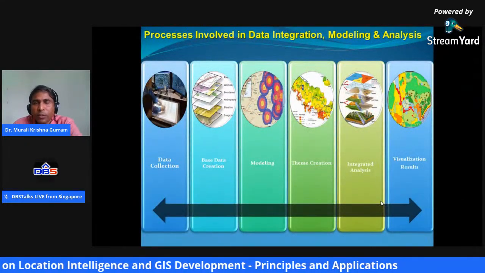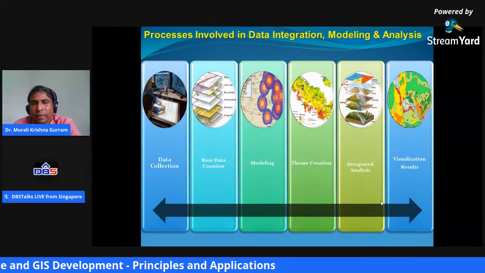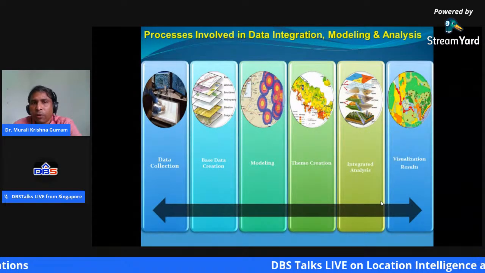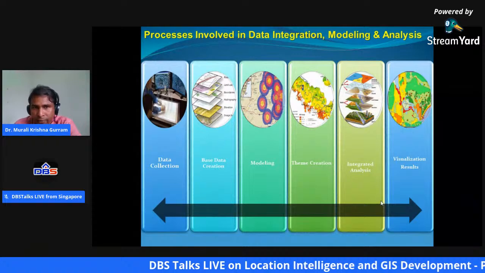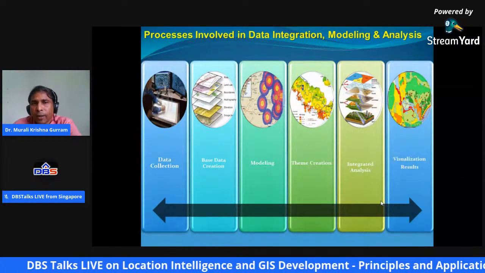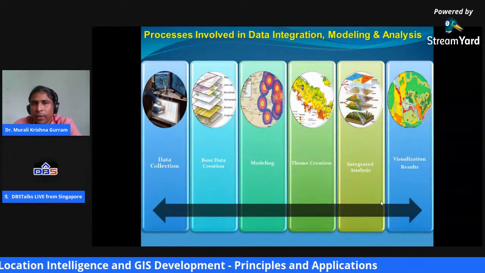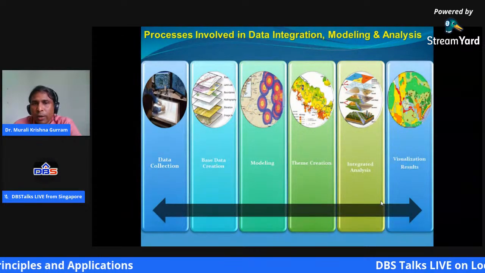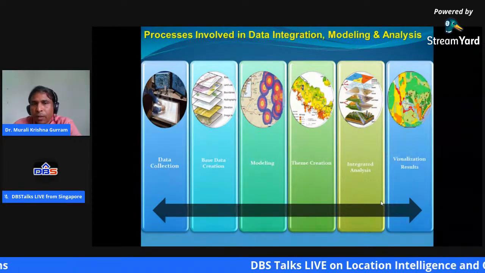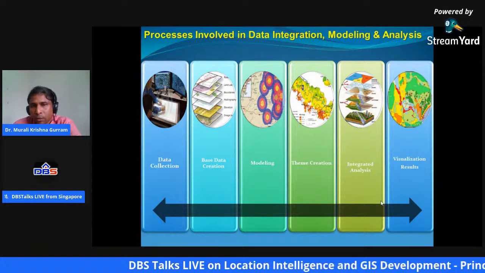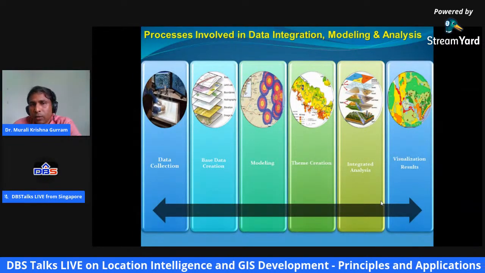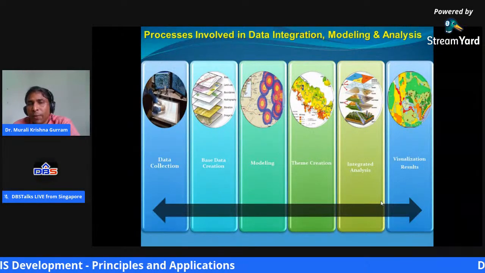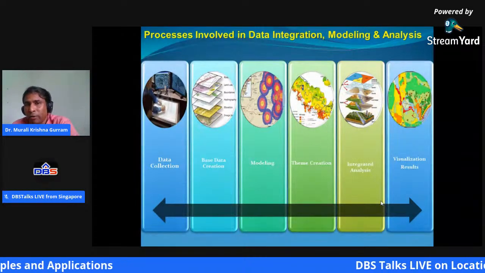So this is just a small representation of how the typical process is involved in data integration, modeling, and analysis. When we talk about data processing, you need to collect the data first, and you need to process it, and maybe at times you have to interpret and create the data, and you have to model it, or integrate it, and you need to create the thematic. You have to give it a view. Thematic here is not about a map.